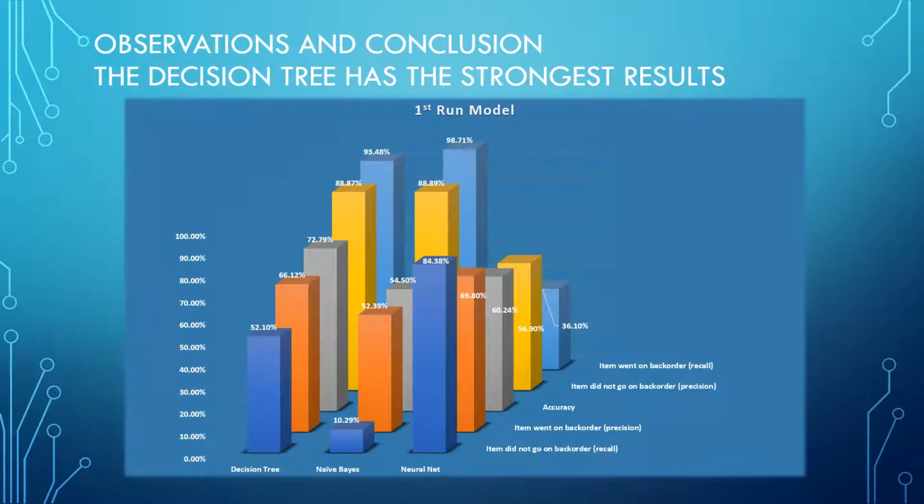Okay. So we ran all three models, and this is a comparison chart to see what results we got. What you'll see is the decision tree came out very strong. It had a reasonably high accuracy rate. The recall was good. There are also some advantages with the decision tree, right? The decision tree can tell you what's going on versus the neural net model, which doesn't necessarily let you know what the issue is. Another thing I want to point out is the naive Bayesian